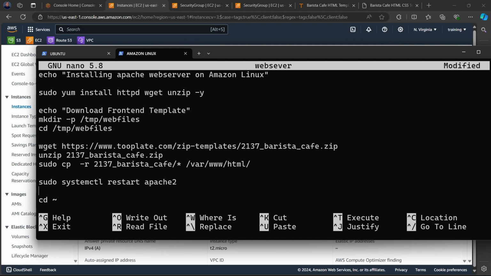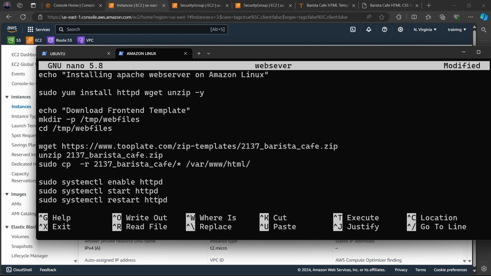Okay. So the only thing we're going to change here is the name of the service. So the name of the service is HTTPD. And as you know already, on the Amazon Linux, as I told everyone we're doing the comparison, services are not started automatically, right? So you have to enable and then you have to start. So here I'm going to say sudo systemctl enable HTTPD, all right, sudo systemctl start